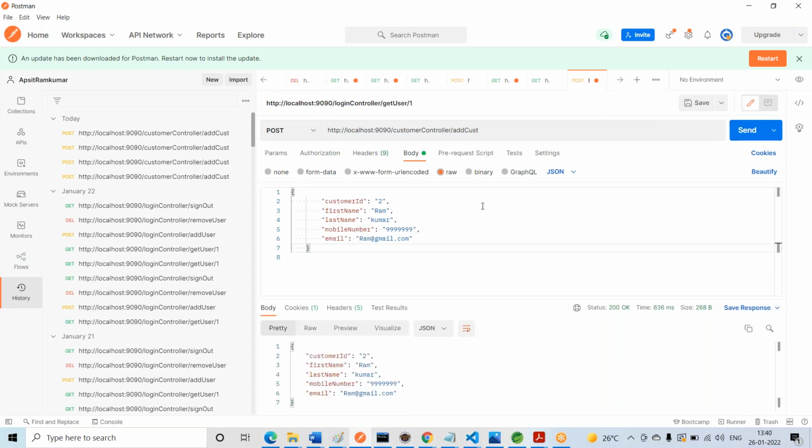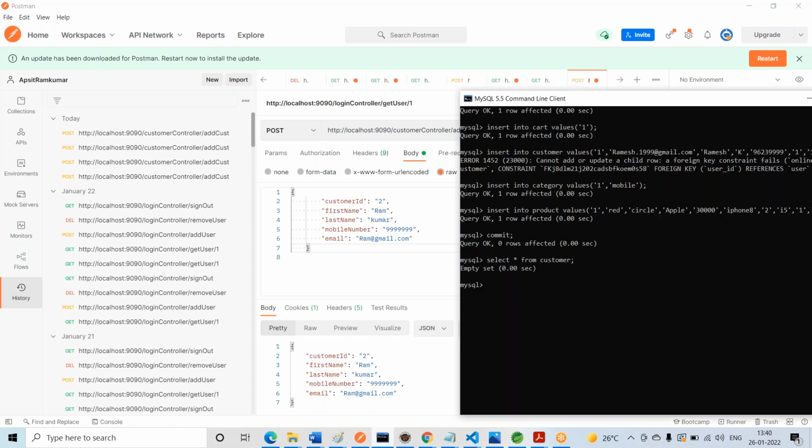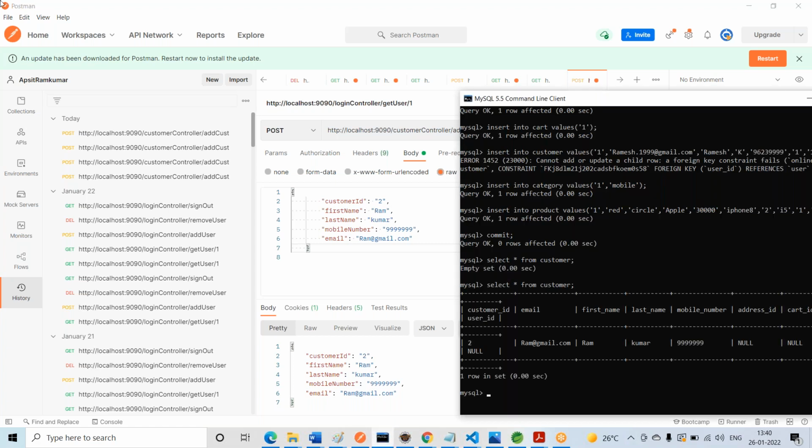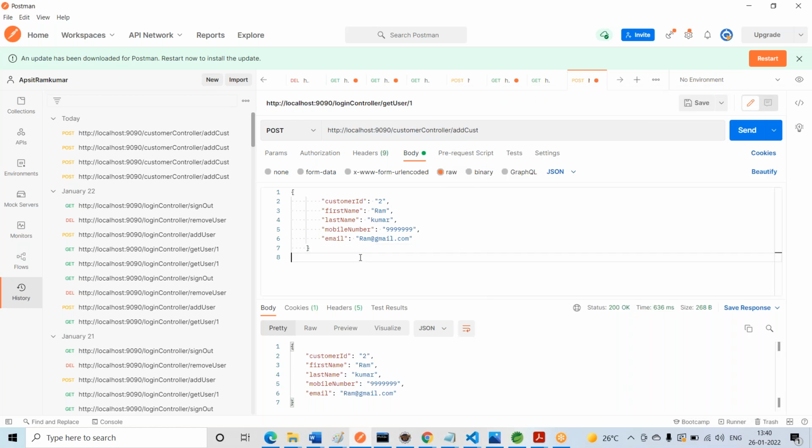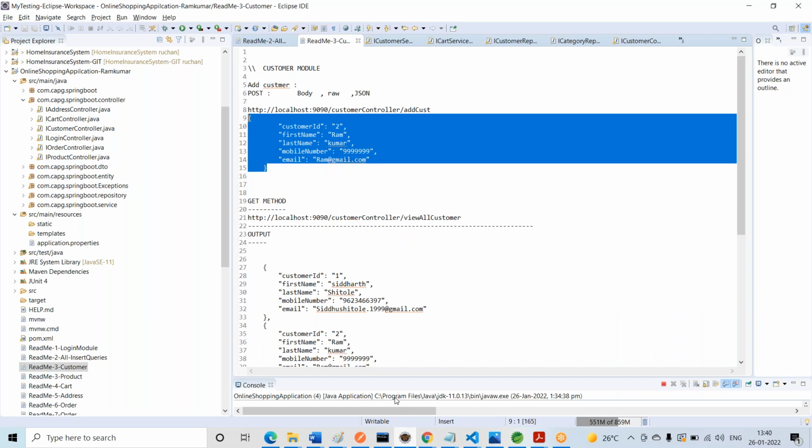Once you send it, the record is inserted into the database. You can see the data you entered: the second record, ram.gmail, Kumar, and null. This information is inserted. So we did the add customer part. The process is the same.